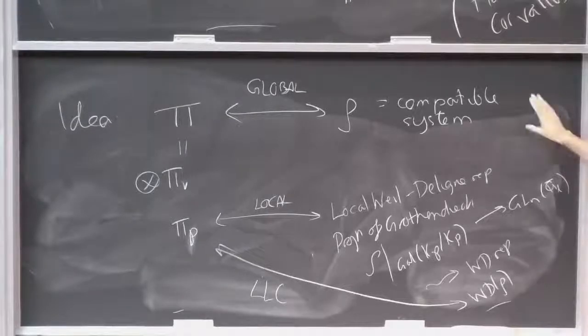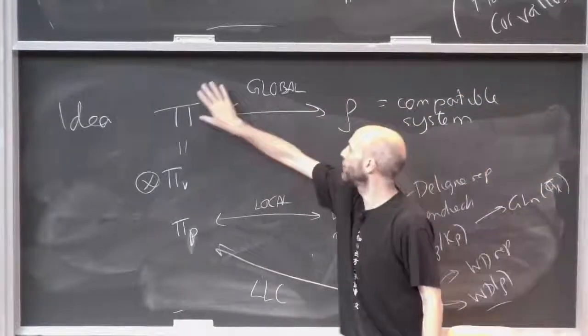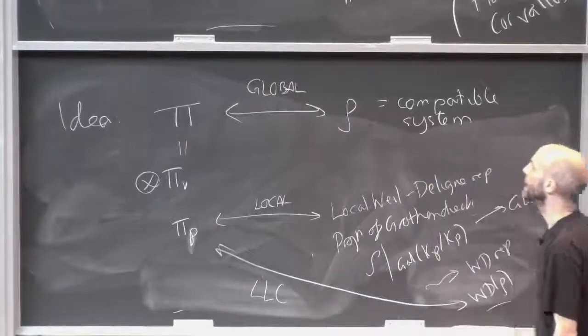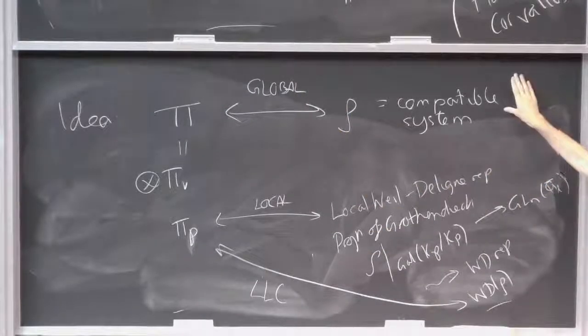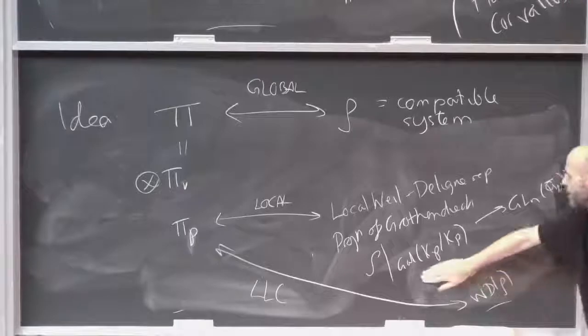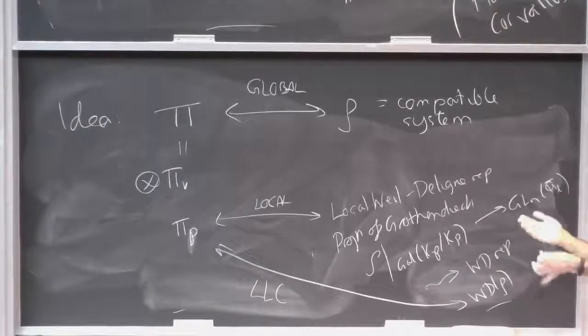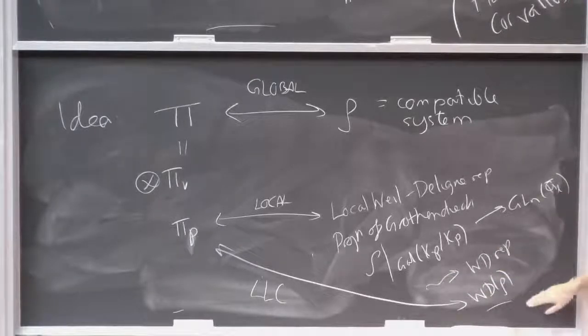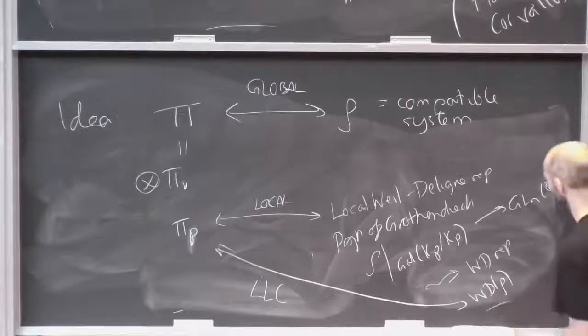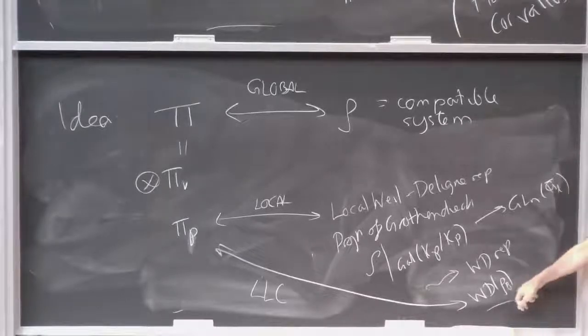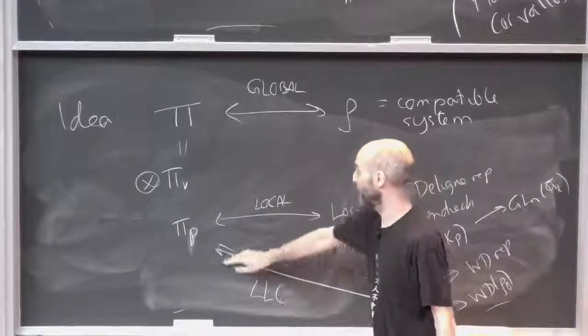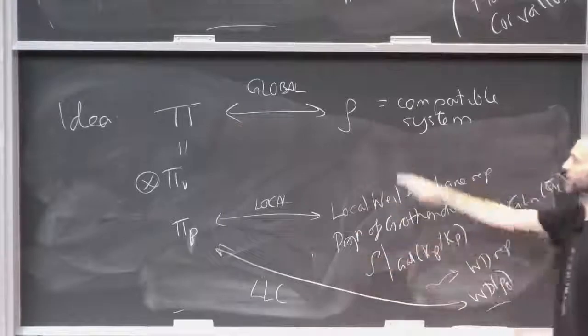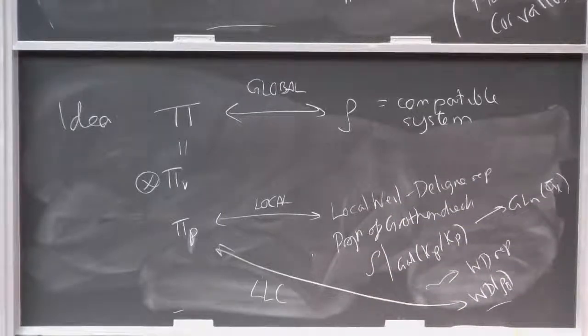So I've got my global rho that's matching up with some global pi whose definition we're missing. And I can look at my global rho locally, and I get local Galois representations, which by some machine we talked about earlier gives me local Weil-Deligne representations. My local Weil-Deligne representations, maybe I'll put a little p there, should match up with my local smooth admissible irreducible representations coming from pi. So are those two different p's?